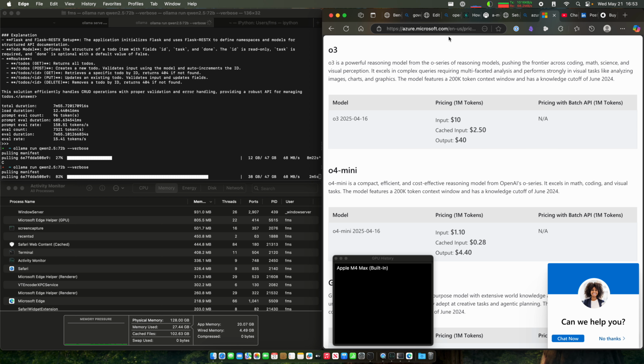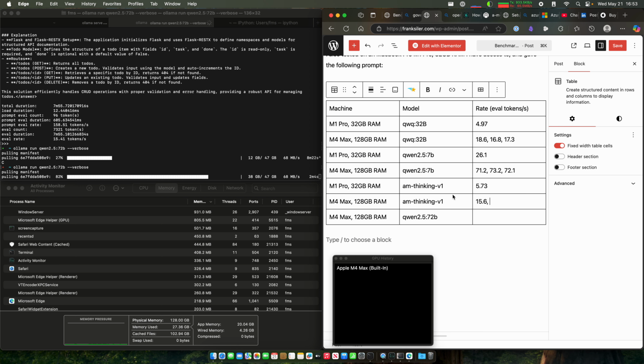16-ish tokens per second with that model. And who knows? Well, I guess I never filled this back in. So 15.4. And then I think the big boy here, this big model, is probably going to get, if I had to guess, maybe 3 to 5 tokens a second, which is slow, but if you let it run for a while,